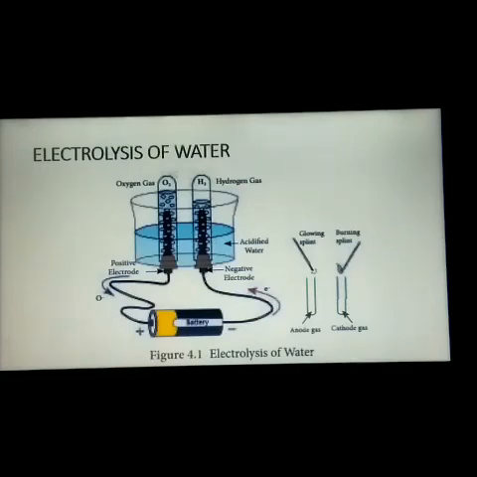It can be easily explained with the help of an experiment, and in this experiment setup we are able to see a glass beaker which is fixed with 2 carbon electrodes, and it is filled with water up to 1/3 of its volume. The positive carbon electrode acts as anode and the negative carbon electrode acts as cathode. 2 test tubes are placed on the electrodes as shown in the figure.